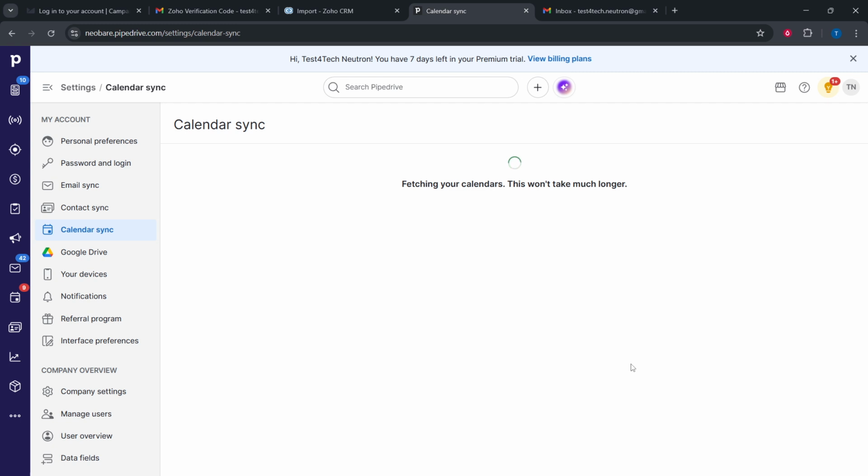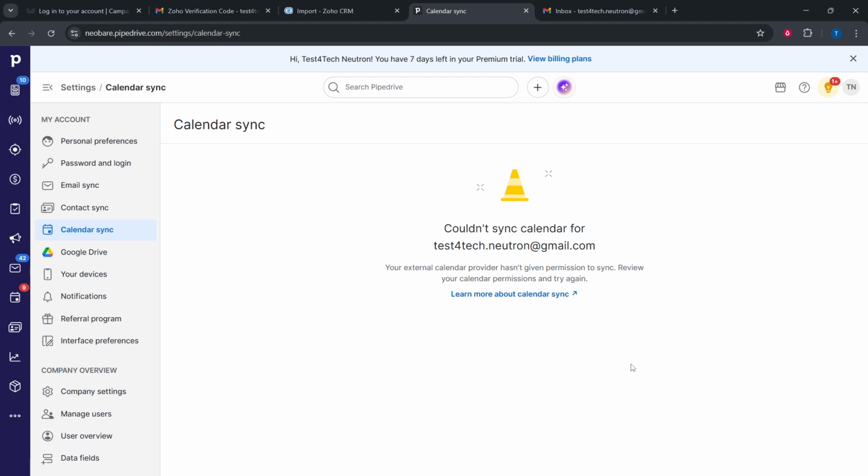Give it a moment for the initial sync to complete. You should then see your Pipedrive activities reflected in Google Calendar, according to the option you selected. If you notice any timing differences, remember that syncs can take a short while to propagate, especially right after you connect. That's it. You've connected Pipedrive with Google Calendar, selected the sync behavior you prefer, and saved everything so it